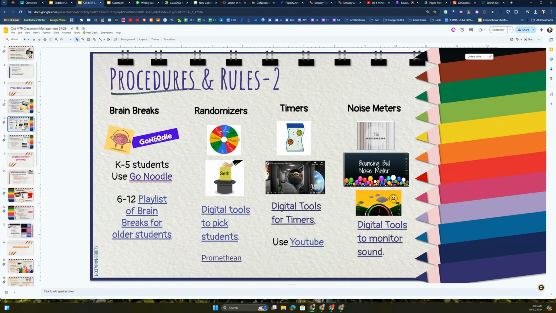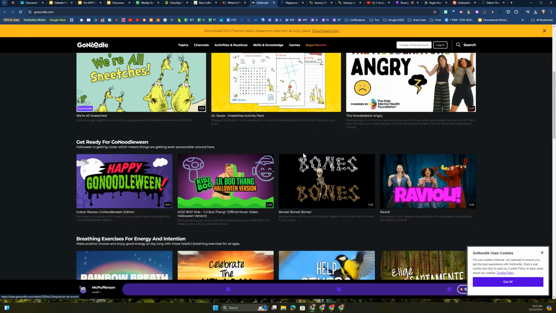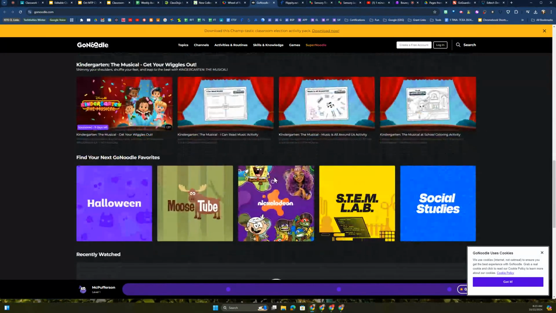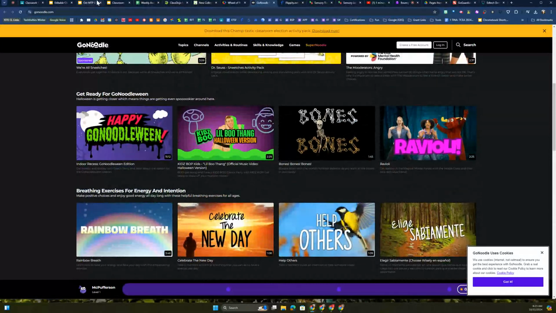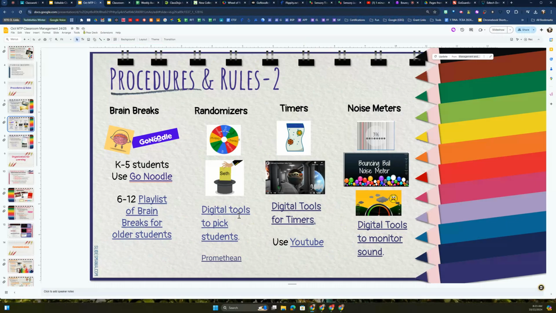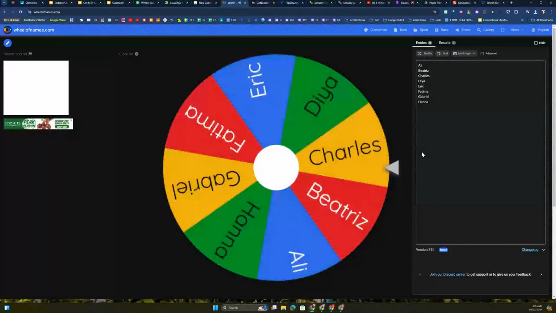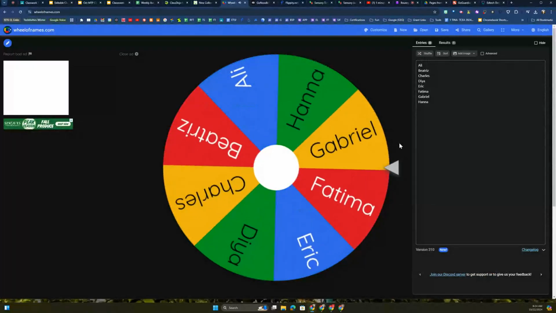Now on to this second slide, we have some activities for brain breaks, randomly selecting students, timers, and noise meters. Here are a few of my favorites. For younger students, there is Go Noodle, which has a whole bunch of videos that are interactive for a quick brain break and dances and things. There are also randomizers where you can randomly pick students. Promethean has one built in and I link that, but there is Wheel of Names, which is one of my favorite ones. You just paste in your students, keep this open on a tab,